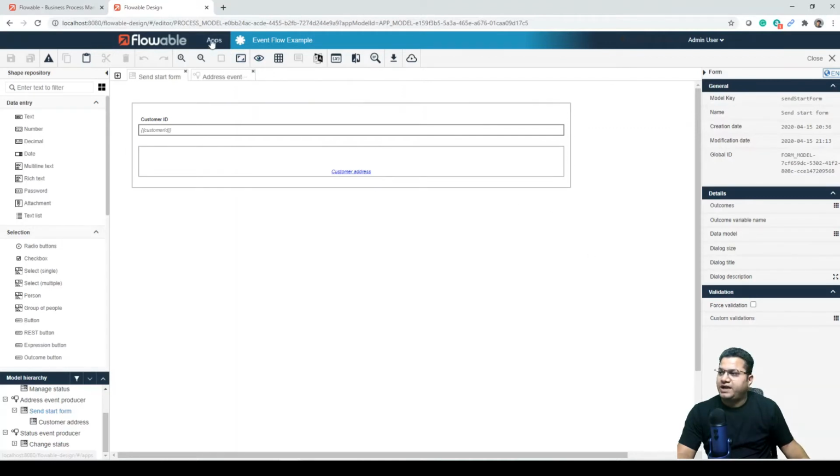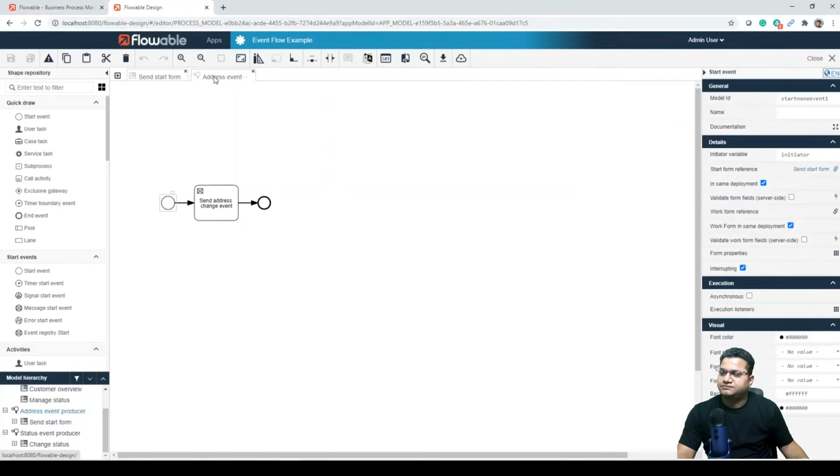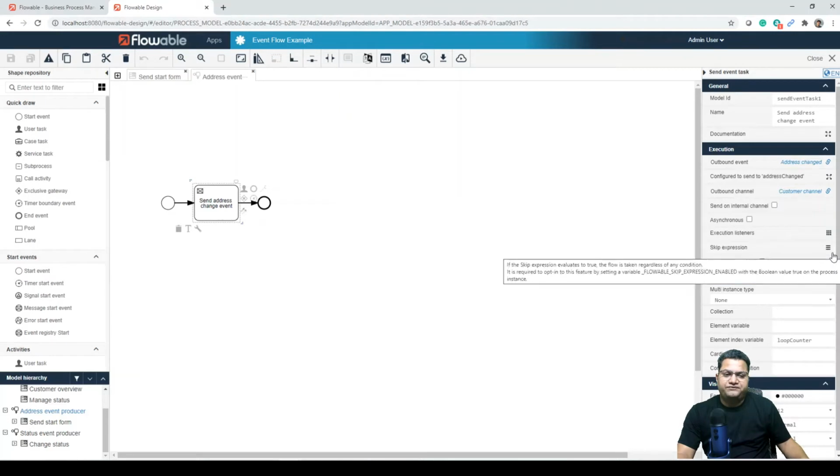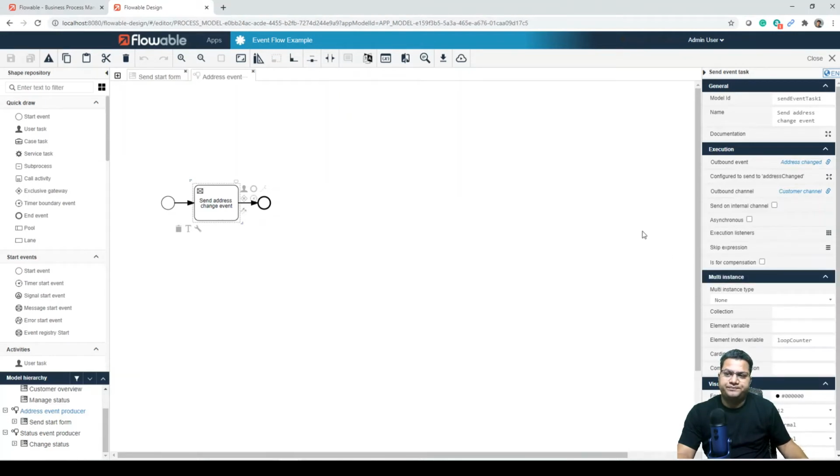Now we can go back to the process model and click on send address change event. There are three main attributes that you need to look at. One is the outbound event, configured to send to address change, and then the outbound channel. The first attribute will start with its outbound channel. So if you click on the customer channel link and the attribute,